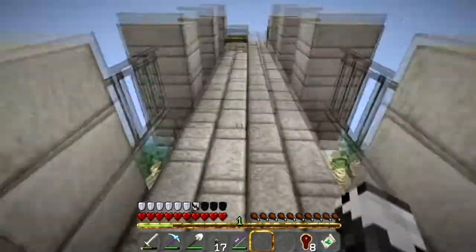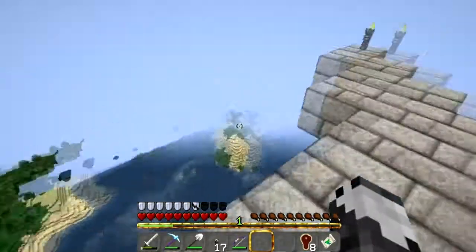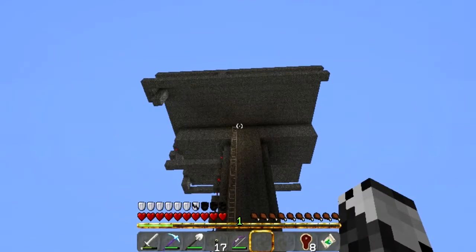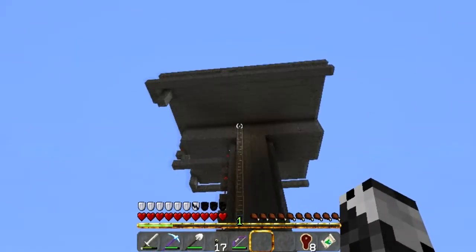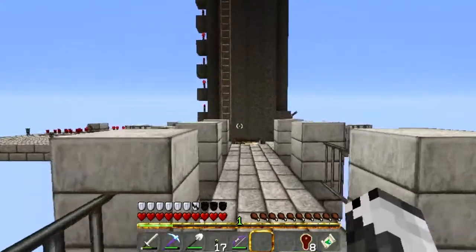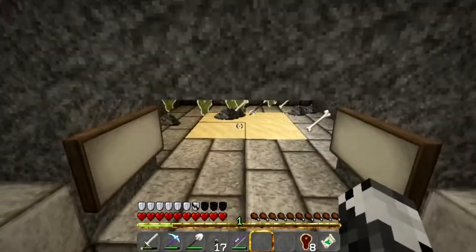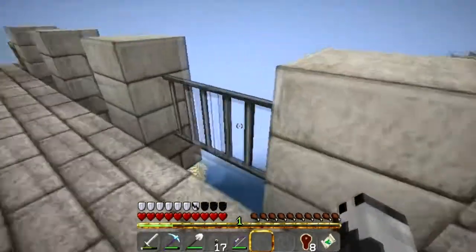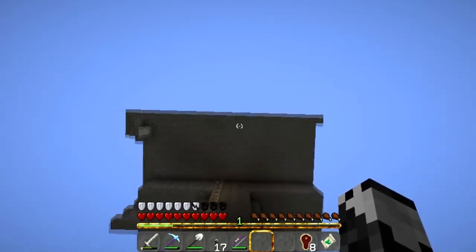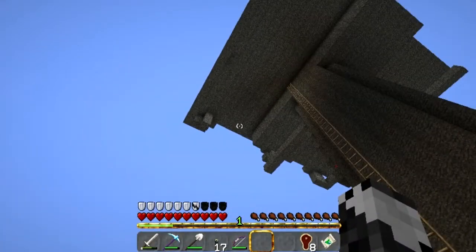So there's the spawner. Let me go out here. I've got a plan for this. But so there it is up there, and it is, like I said, fully functioning. I don't even know what video I lost, but basically it's a standard 20 by 20 square mob grinder, and along the edges all along are